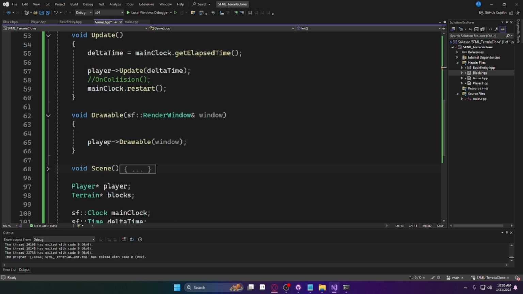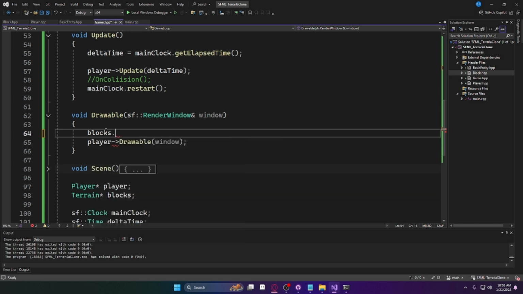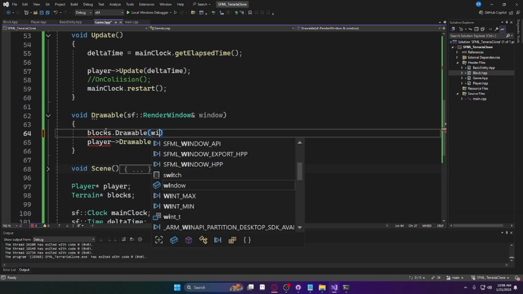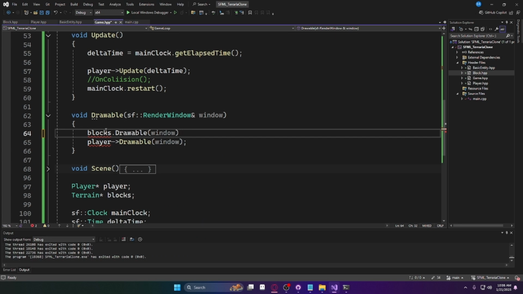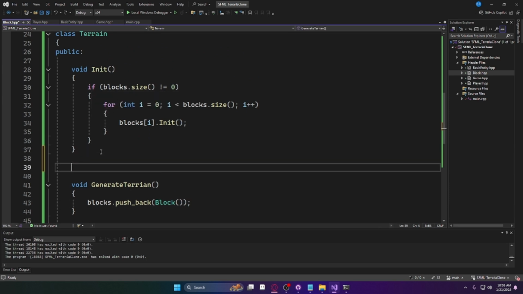So interestingly enough, I wonder over here if we do blocks dot, and look, there's no drawable, so I'm gonna just write one like this with window, and it looks like my initial instinct was correct, but I was also second guessing myself. I thought this was already accounted for through